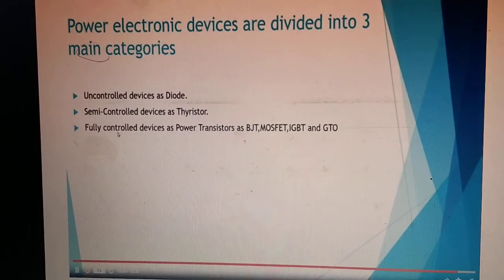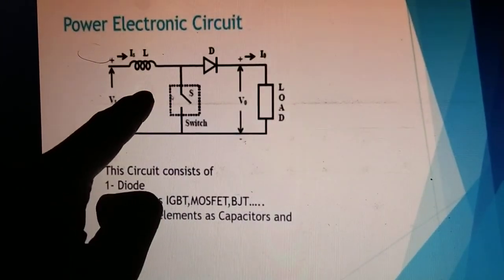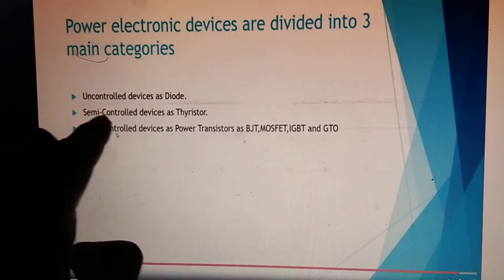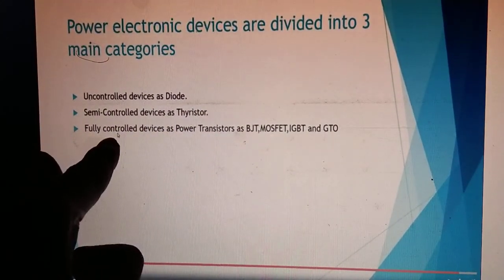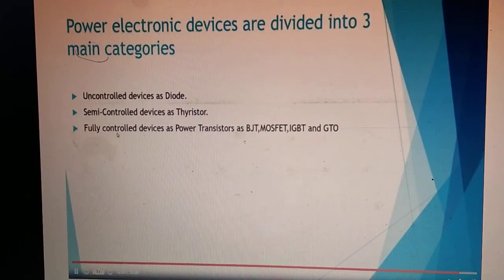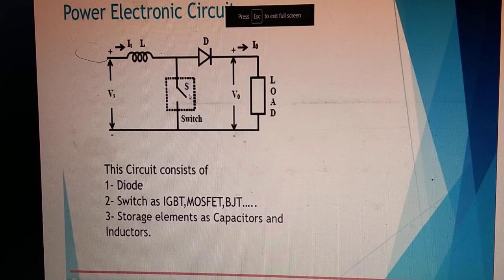So the main intention of showing this slide is nothing but the information we have to get from this circuit, that is the power electronic circuit. Power electronic devices are divided into three main categories. One is called uncontrolled devices, such as diode, semi-controlled devices, such as thyristor. Another one is fully controlled devices, such as power transistors: BJT, MOSFET, IGBT and GTO. These are the three main categories. So we have to know one thing, that power electronic devices can be divided into three main categories: uncontrolled, semi-controlled, and fully controlled. This is the introduction of power electronics, that is, what is power electronics